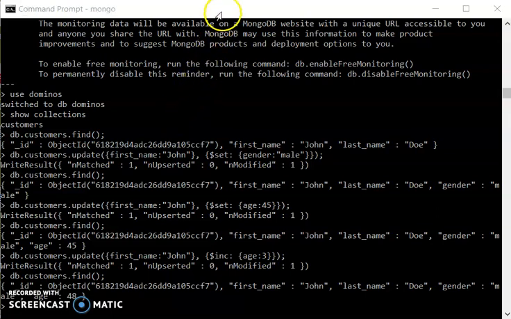Alright, another sort of update is where you want to remove a specific name value. Let's say we don't want age. We found out later on we really don't need to have age in this document. We only need to have the first name, the last name, and the gender. So what we can do is that we